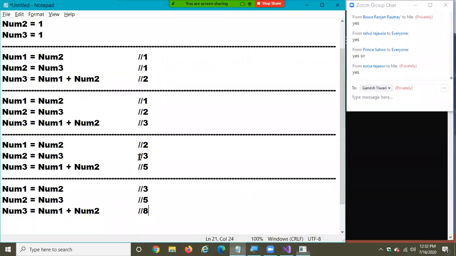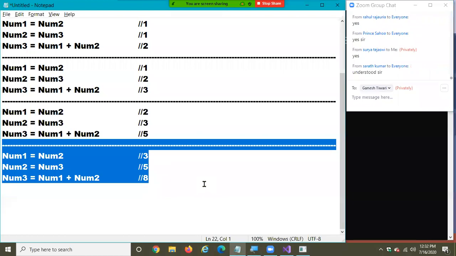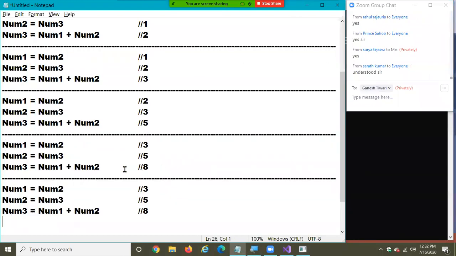It is a simple math. The loop will run, and every time this calculation will go forward. That's all. Next time, this will become 5. This will become 8. This will become 13. Next step. This is 8. This is 13. This is 20. It's the same process every time that will be repeating for you within the loop.